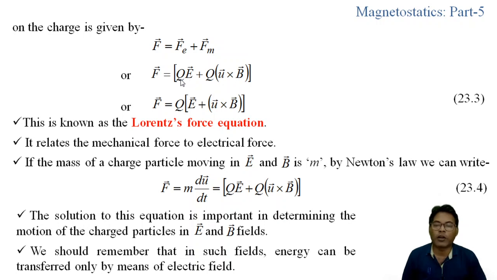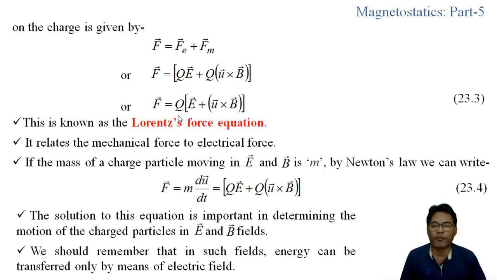Now if we take the common of this Q, then F equals Q within bracket E plus U cross B. So this equation 23.3 is known as the Lorentz force equation. Now it is interesting to see that we can relate the Lorentz force